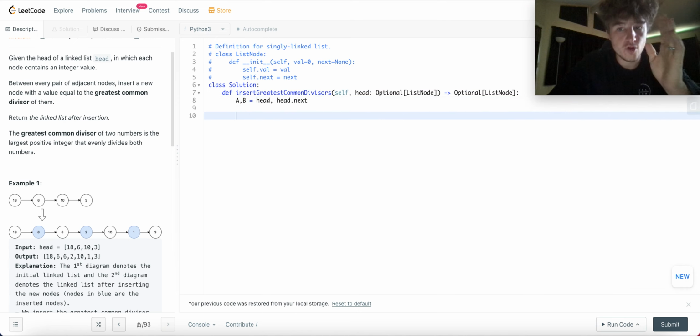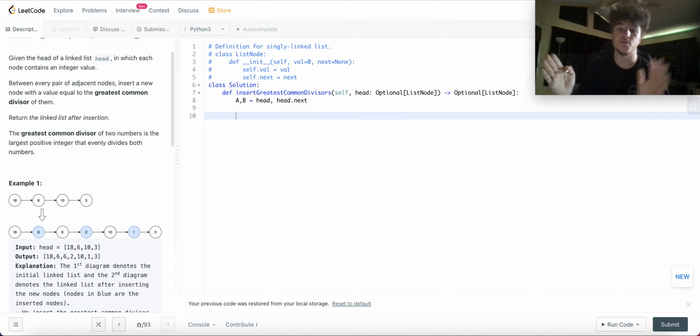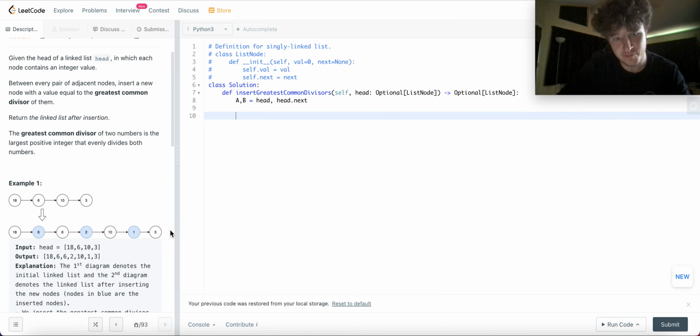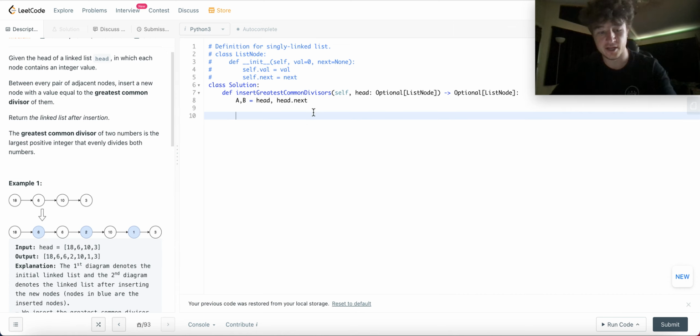And then we're going to do this until what? Until we don't have a right node, right? Because here we'll look at these two, then these two, then these two, then these two, then these two, then these two. At the last iteration, you'll have B is nothing, and there's nothing to compare to. So we'll say while B,